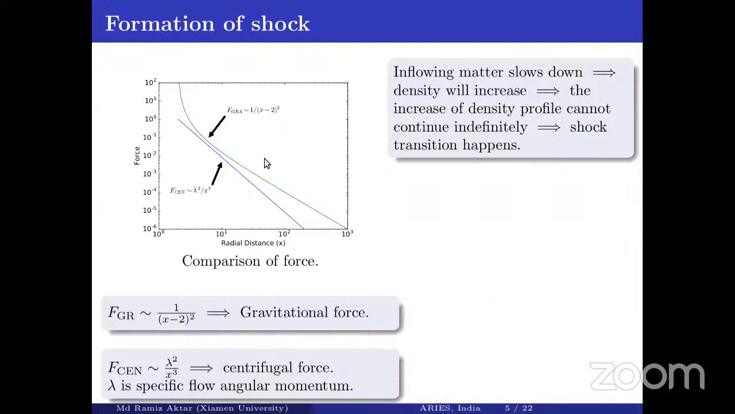We can see near the compact object there is a comparable region where these two forces are competing with each other. So in this region, very near to the compact object, the inflowing matter slows down due to this repulsive centrifugal force, and the density will be increased, and due to this